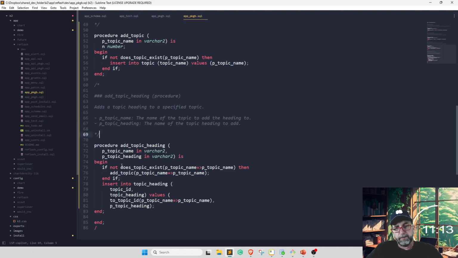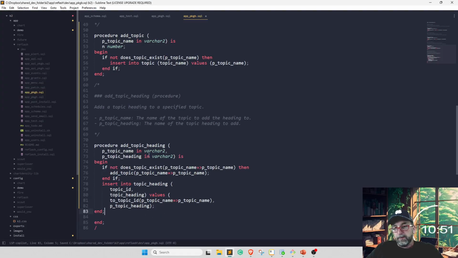I do have a way of asserting that things aren't null. That's somewhere in K2 or ArcSQL. There's an assert not null if you really want to validate that things aren't null. Usually things just blow up. Like the topic heading is not null, so it'll just blow up at the table level. That's all enforced at the table level. So, add a topic heading.